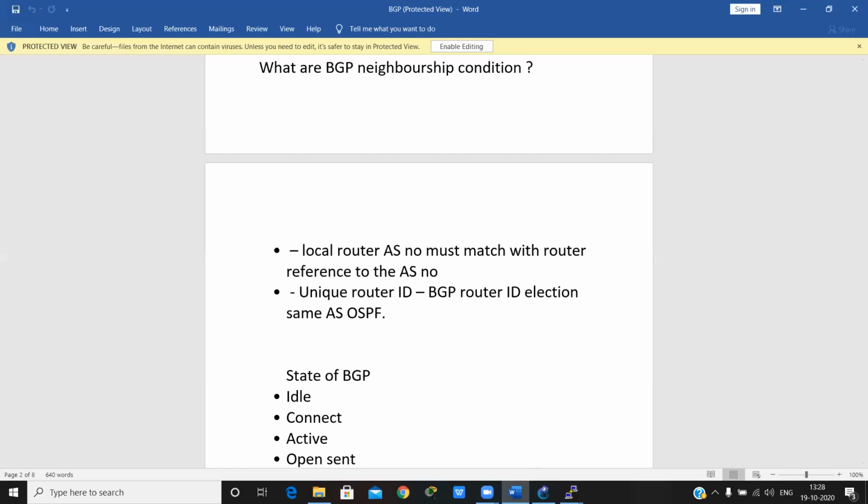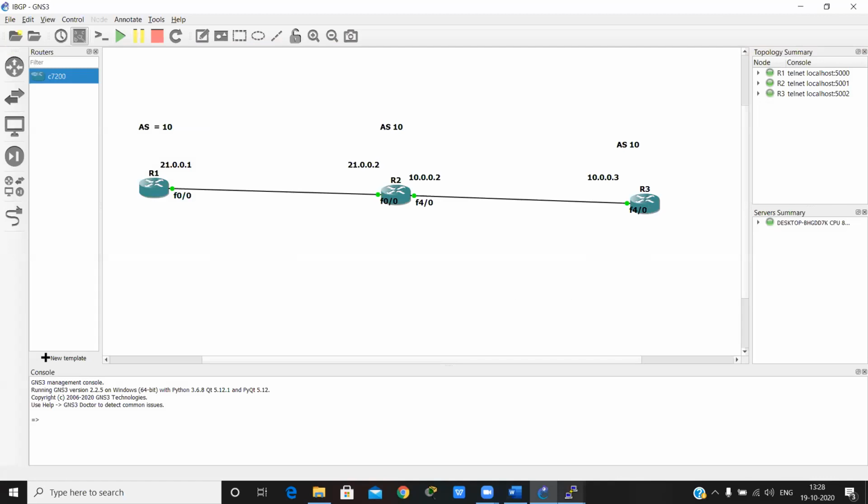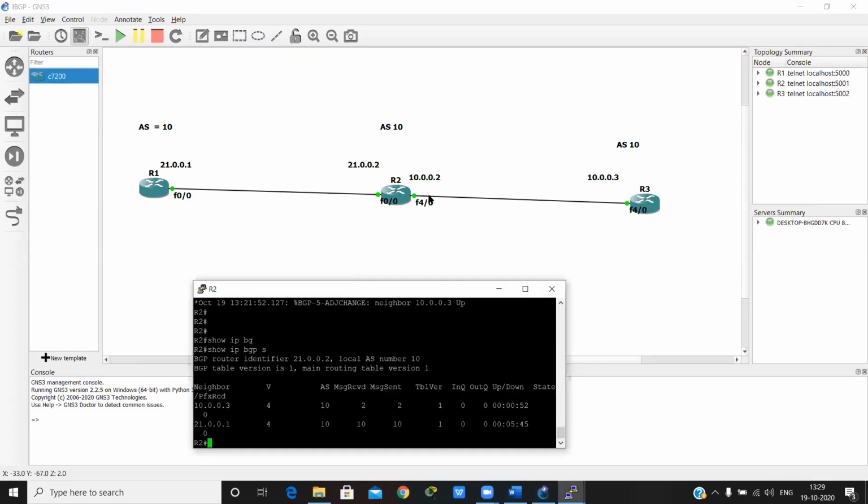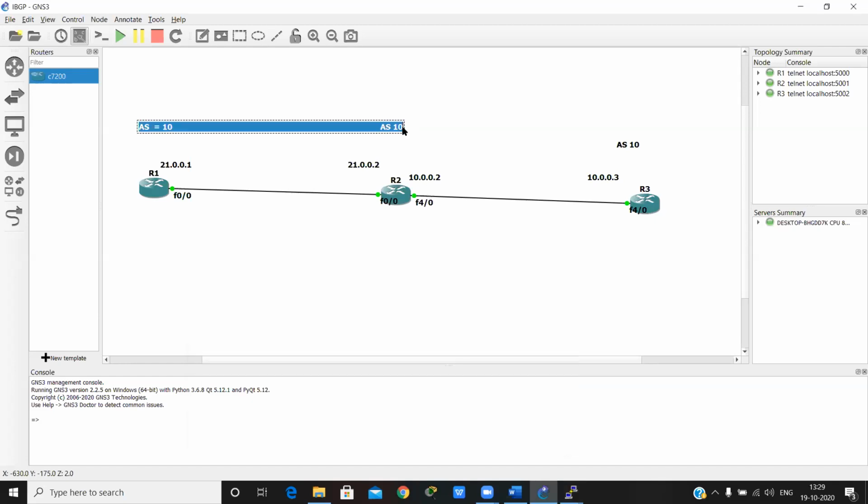So firstly, how to configure eBGP? Please open the practical. Open your Cisco Packet Tracer. I will show you one practical. So firstly, I go on router 2 and shut down this interface, because we take firstly the AS number as different but the network is the same, which means eBGP direct neighborship.